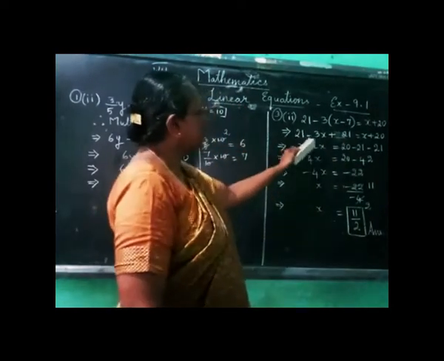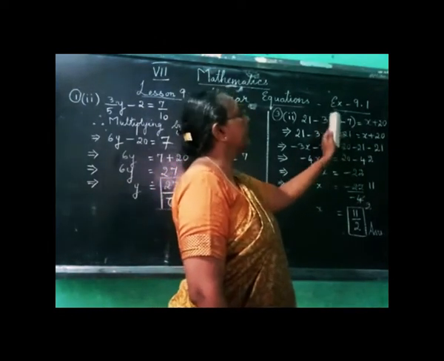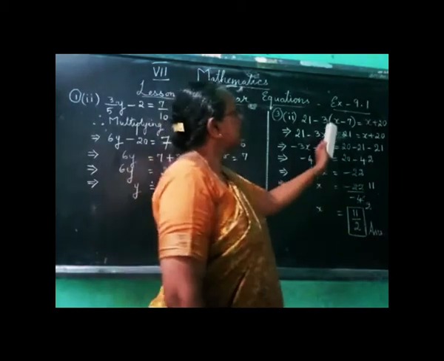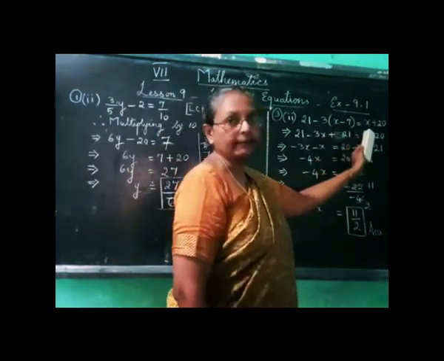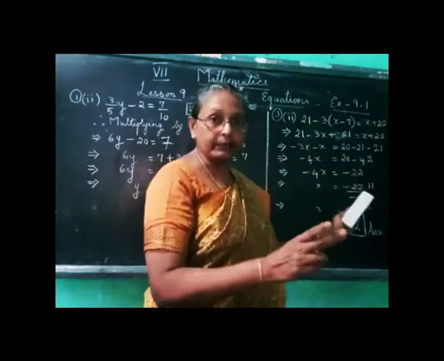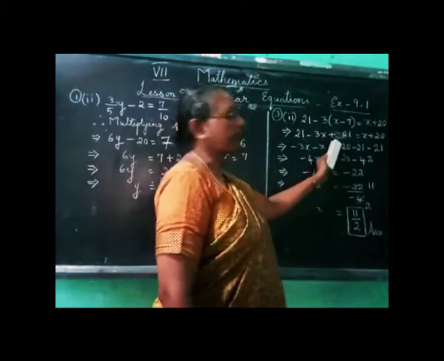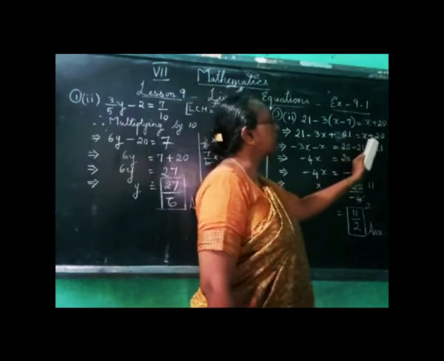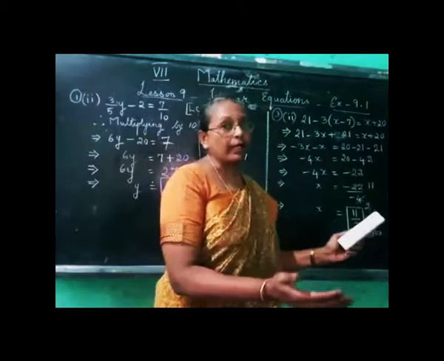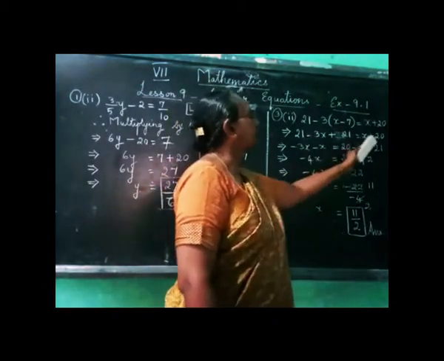So 21 minus, when we open the bracket, 3 into x. Minus 3 into x, we get minus 3x. In the same way, minus 3 into minus 7. Both the terms we have to multiply. Whatever is inside the bracket, everything we have to multiply. So minus 3 into minus 7, we get plus 21. That is equal to x plus 20. Now, all the x terms we are going to gather on the left side. So it will be minus 3x and this x